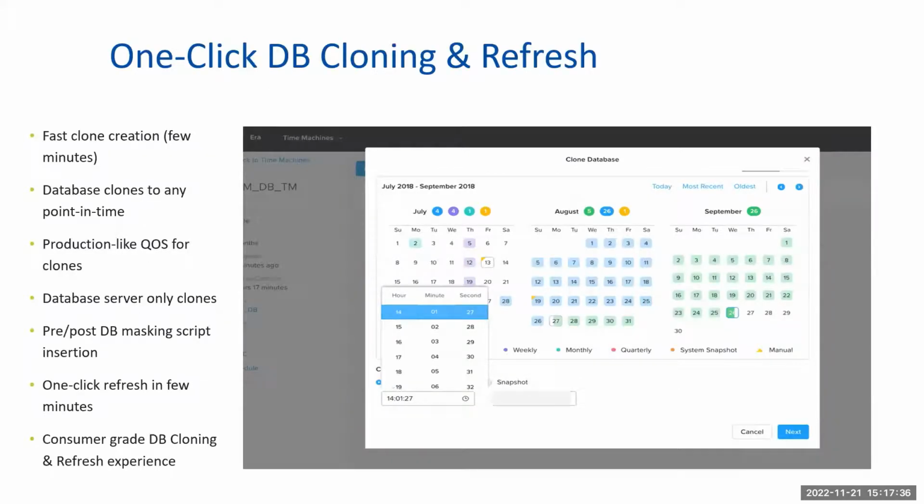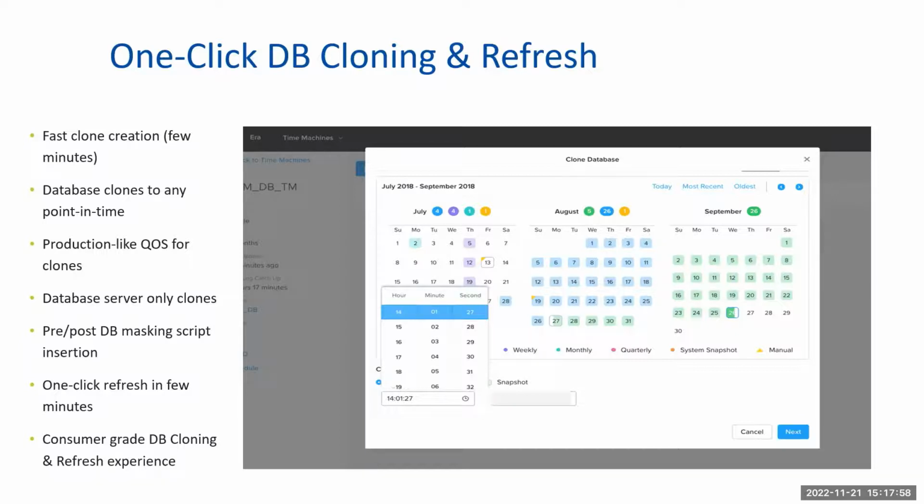We can also do one-click database cloning. As I said earlier, you can take a production database cluster or single standalone server and clone production data to test and development in a matter of one click, and you can refresh. Say you cloned a database 1 week before and you want to refresh.